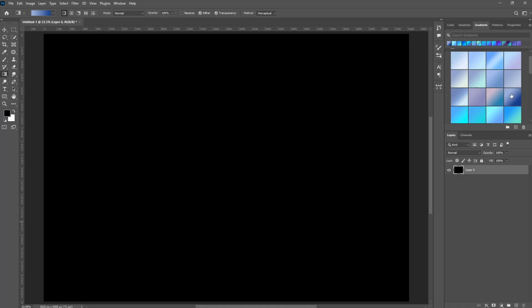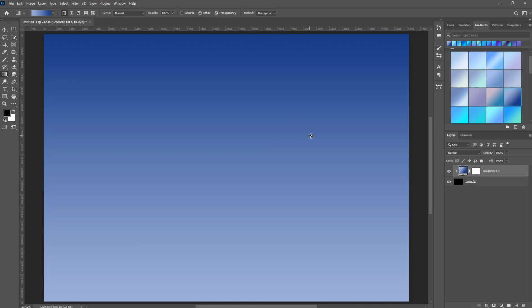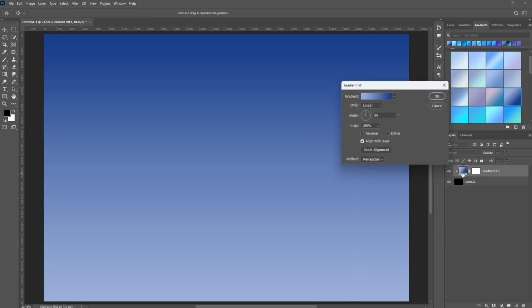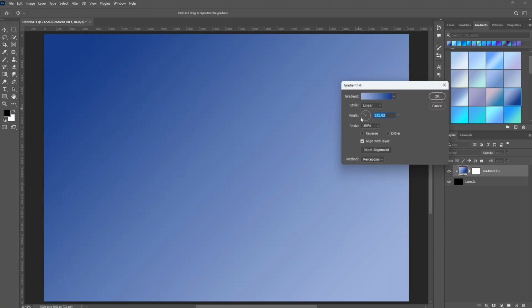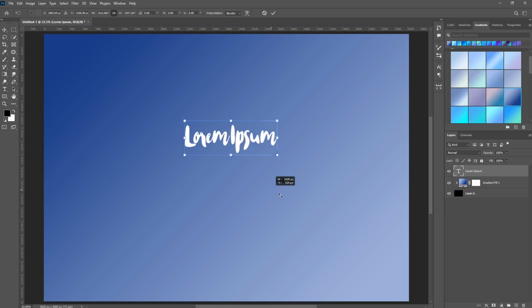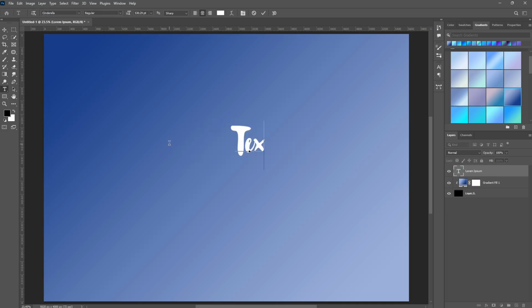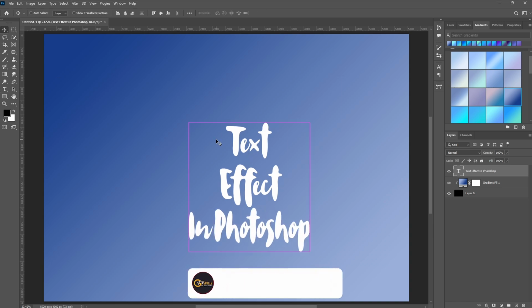I'm applying this gradient from the Blue Groove of Photoshop default gradient. Then double click on the thumbnail of the gradient layer and change the angle value to 135 and hit OK. Then type your text using the font of your choice. I am using Cinderella Regular font. Enlarge the text as needed